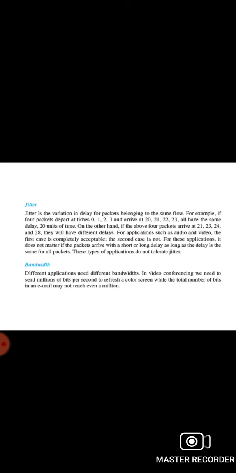And the next category is token bucket. The leaky bucket is very restrictive. It doesn't credit an idle host. For example, if a host is not sending for a while, the bucket is empty. Now, if the host has bursty data, the leaky bucket allows only an average rate. The time when the host was idle is not taken into account. On the other hand, the token bucket